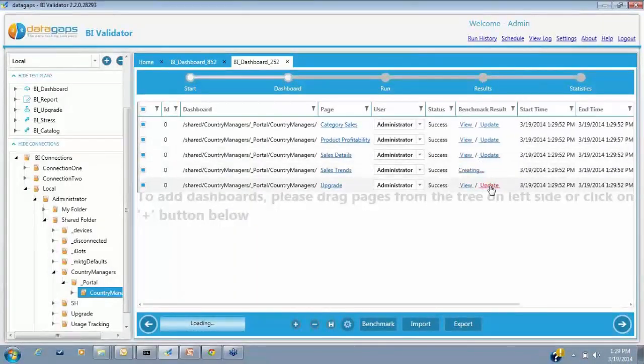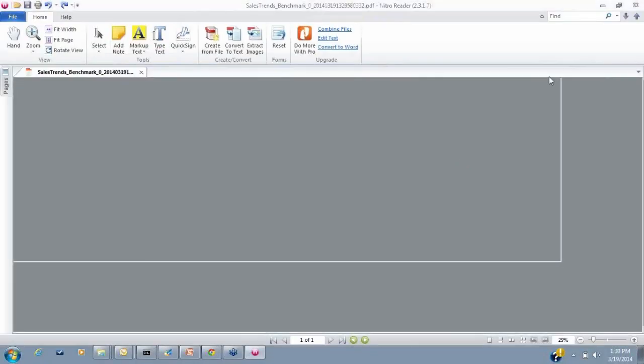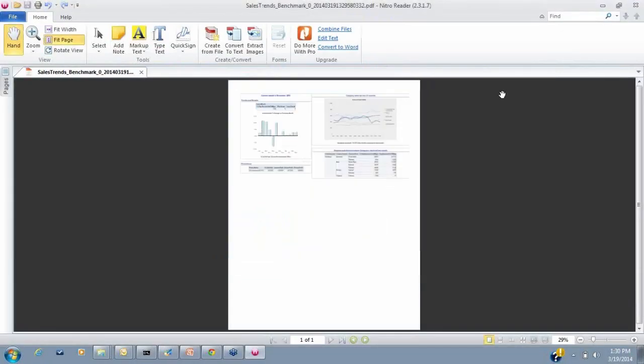And now when it says creating, we are actually tying it back to the ELV architecture. We are actually hitting the OBI server and taking PDF snapshots of those dashboards. Okay. So we hit the OBI server and then take PDF snapshots of the dashboards. Just to show you one here, if I select sales trends, this is what it would look like. So I just took a snapshot of that.